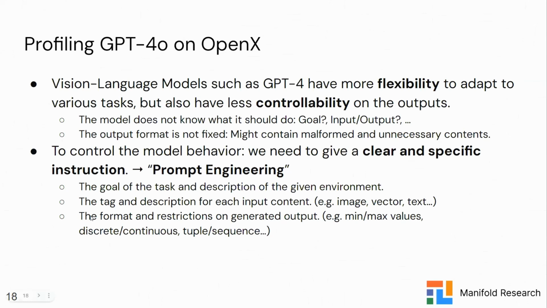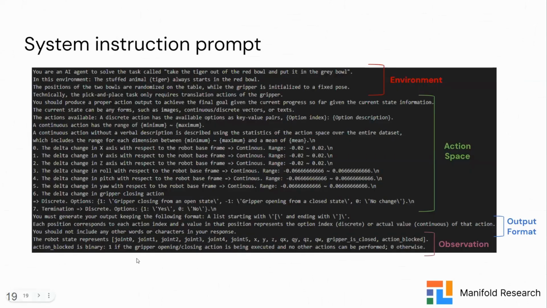Next slide, please. Yeah, so this is just an example of the instruction prompt we are using for GPT-4. I'm not going to say this prompt is perfect because there are tons of research progress on how to instruct the model in a complicated task like this. This is just an example to show what information we are currently putting into the model for this benchmark. You can see that first there are some sentences to elaborate the environment, the main goal of the task, and what objects exist in this environment. This will help the model understand the current state more clearly.